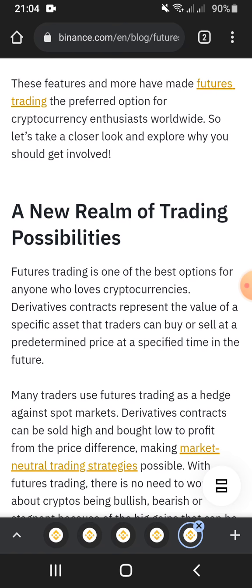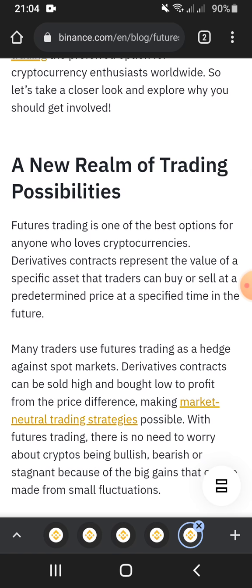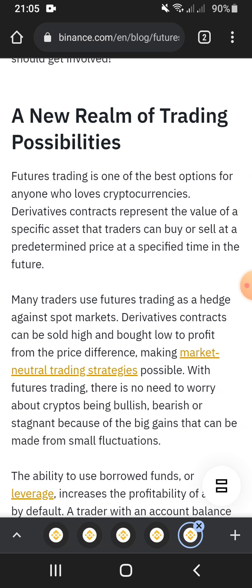A new realm of trading possibilities is where futures trading is one of the best options for anyone who loves cryptocurrencies and loves the opportunity to make good money while trading cryptocurrencies or while working in the crypto space. So the derivatives contract represents the value of a specific